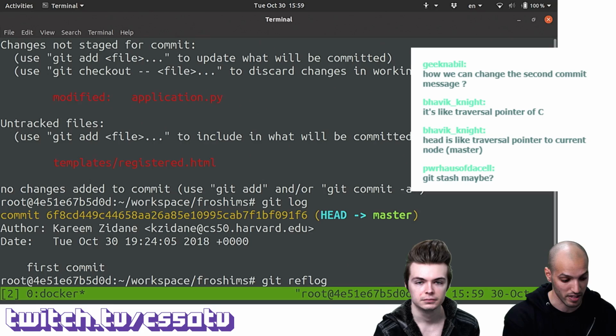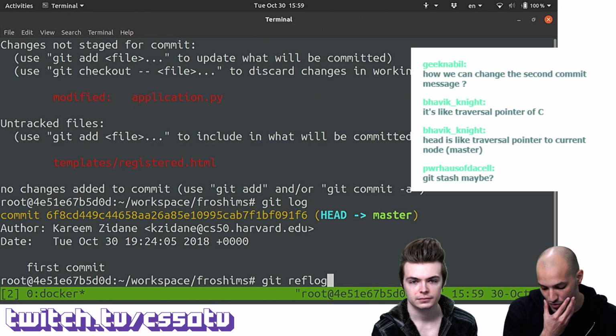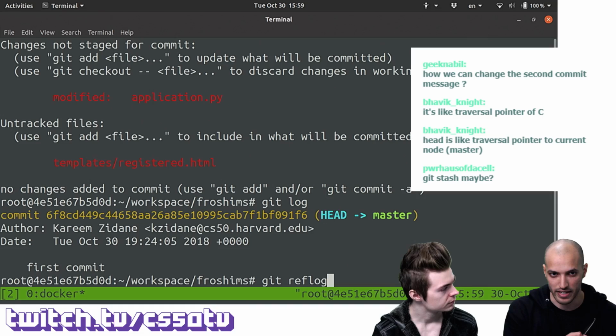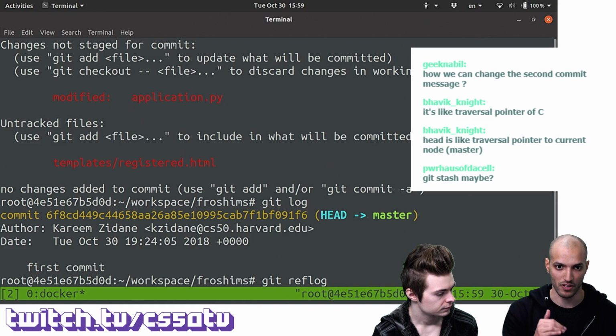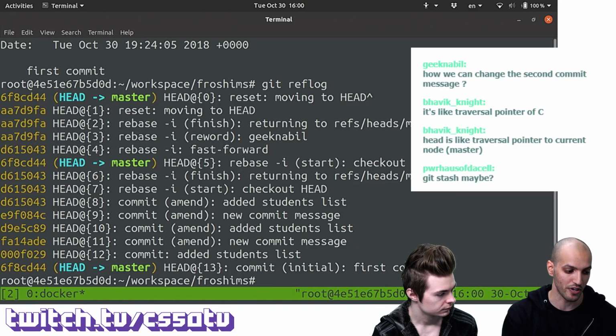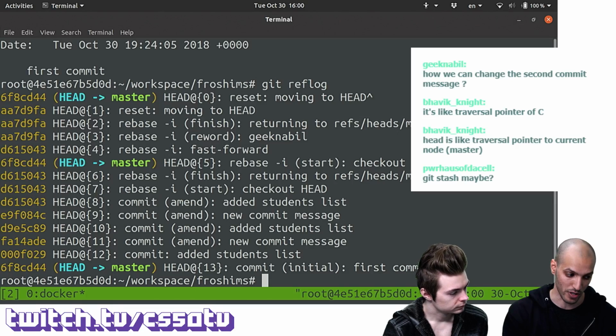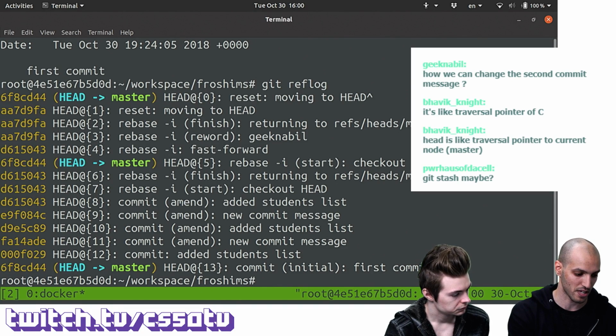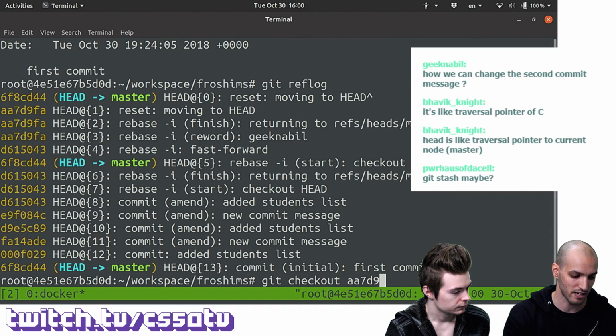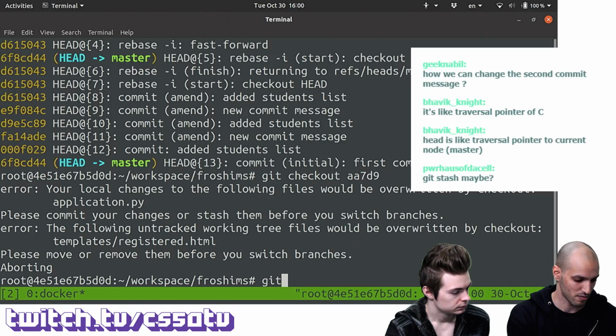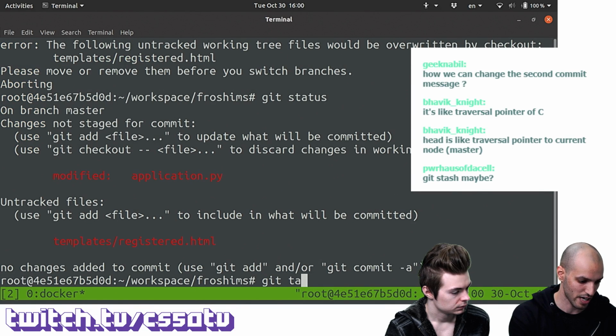There's another cool feature: when you do that, Git actually doesn't permanently forget about the commit. You could do git reflog and see where HEAD was before, and apparently the commit that we lost, which was AA7 something something, we could just check this out now. So git checkout AA79 something something, and of course we have changes. Let's stash these for now.